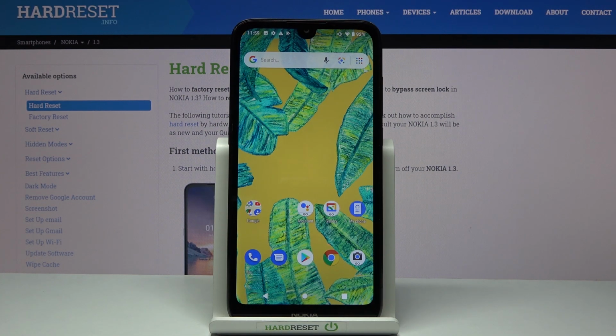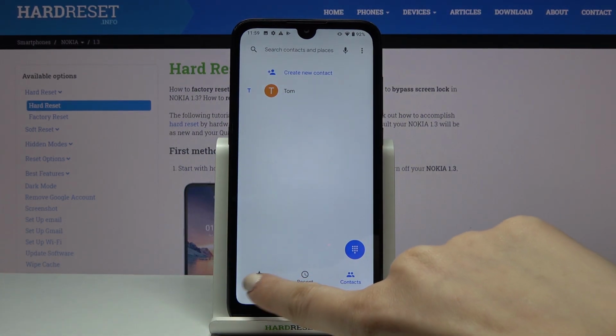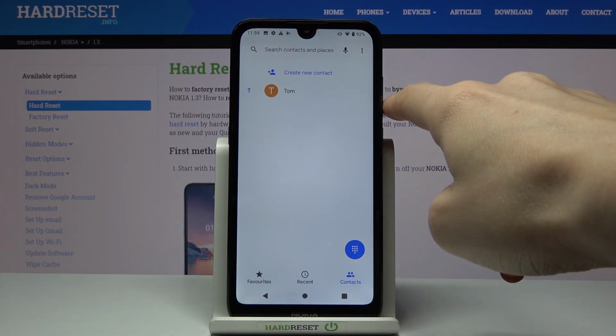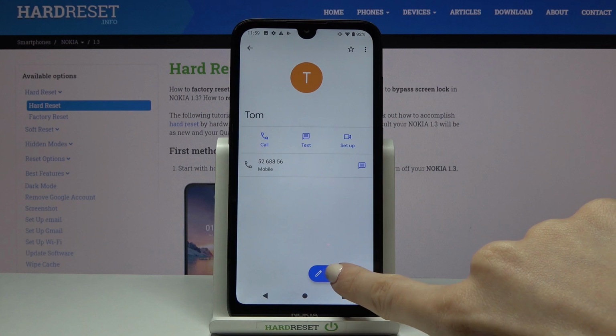In front of me is Nokia 1.3, and let me show you how to add a photo to a contact on the following device. So first of all, let's open Phone Dialer, then make sure that you are in Contacts, and then select the contact that you would like to add this profile picture to. In my case it's Tom, then click on Edit Contact,